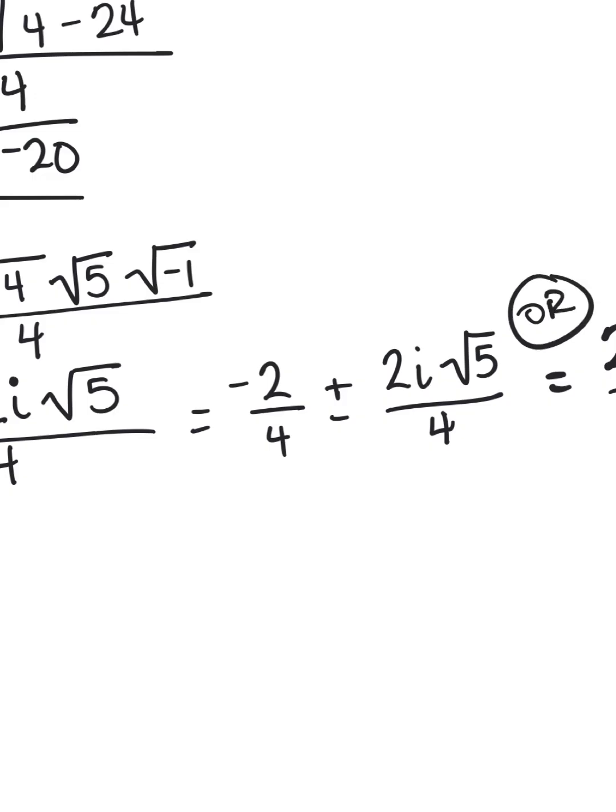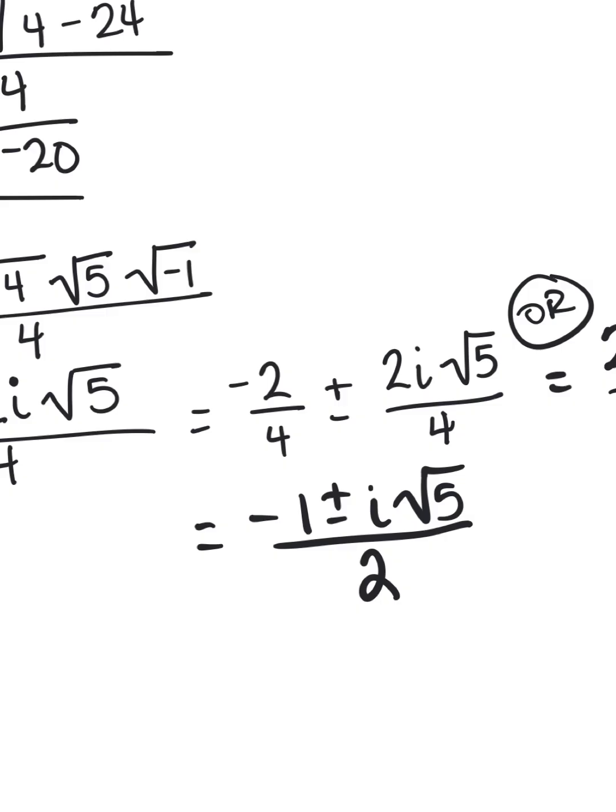If you like to factor, then you'll probably factor out the GCF. If not, because the bottom is just a single number, you can separate it. So regardless which way you do this, you end up with -1 plus minus i square roots of 5. And because both denominators end up being a 2, you can rewrite them back together. You don't have to, but